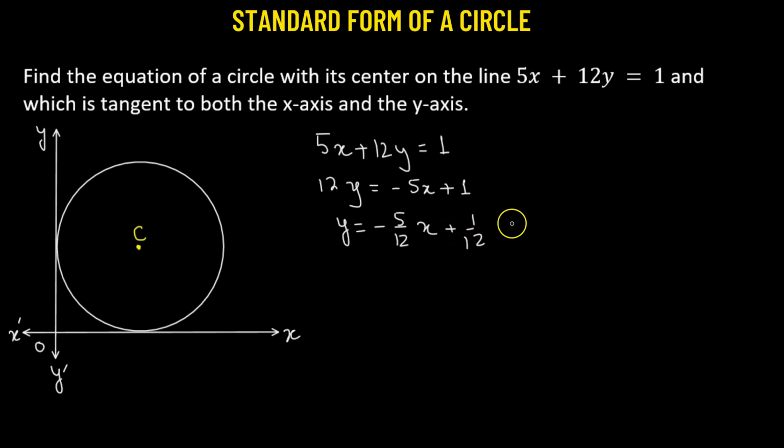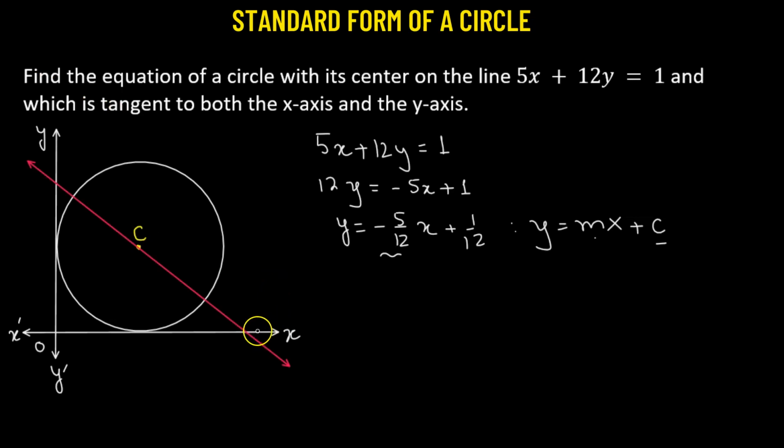So clearly, if we compare this particular equation with the slope-intercept form, which is y equals mx plus c, the m is the slope. So here we are getting a negative slope, and we have the y-intercept with a value which is 1 over 12. That's a positive number. And we know that whenever we have a positive y-intercept, it means that the line is going to intercept the y-axis in the positive direction. Right? That is one. We have found it out, and the negative slope tells us that it's going to be